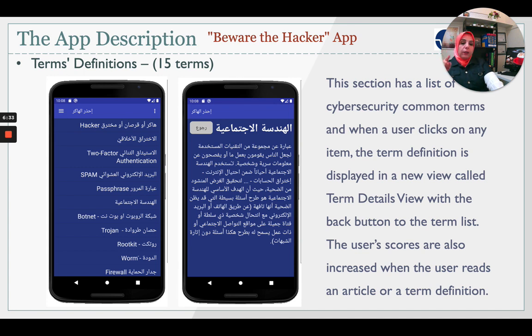Here we can see the term list, and whenever a user clicks on any of those terms, which include 15 cybersecurity terms, it will take him to the detailed view for the term, and whenever a user is done reading the term, he can go back through the back button to the term list. The user's score also increases whenever he chooses any term or reads any article.